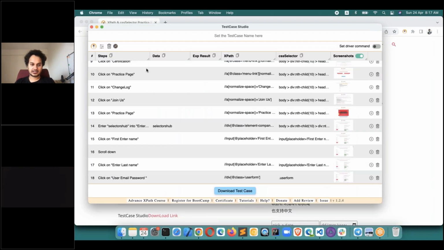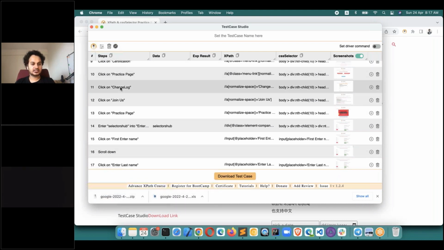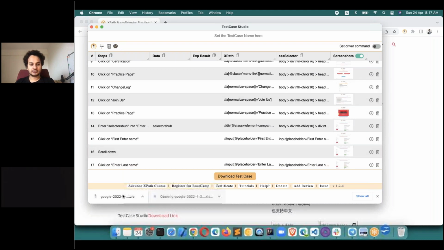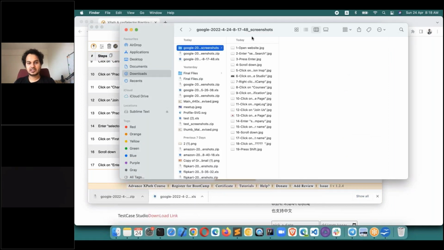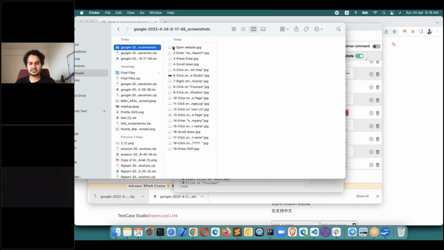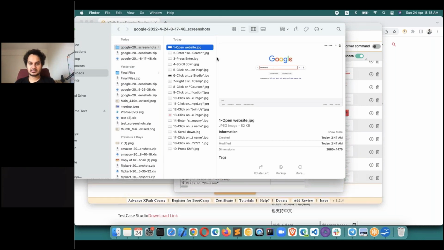And you can download this test case, simply click on download test case. All the screenshots have been downloaded here. All the test steps have been downloaded here in XLS. Now you can open this, or in fact open this zip folder of screenshots. You see that all the screenshots, basically this is a complete test case. Like open website, this is the screenshot. Second, enter into search